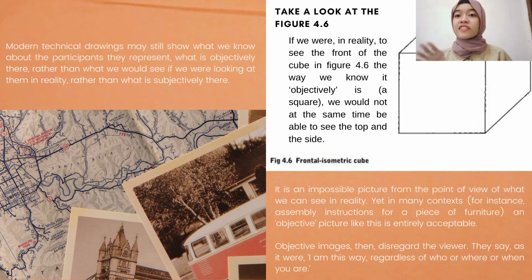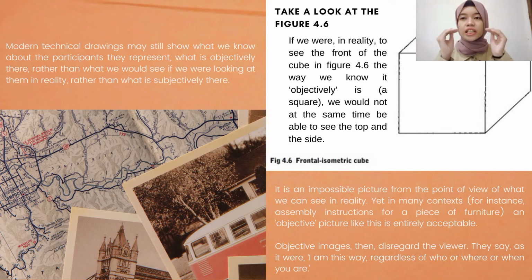what is objectively there rather than what we would see if we were looking at them in reality. Alright, now take a look at figure 4.6. If we were in reality to see the front of the cube in figure 5.6, the way we know it objectively is a square, and we would not at the same time be able to see the top and the